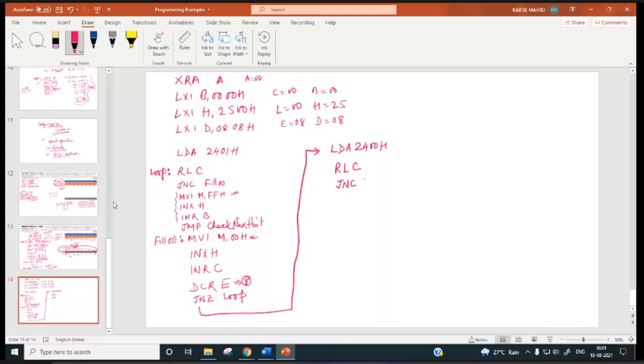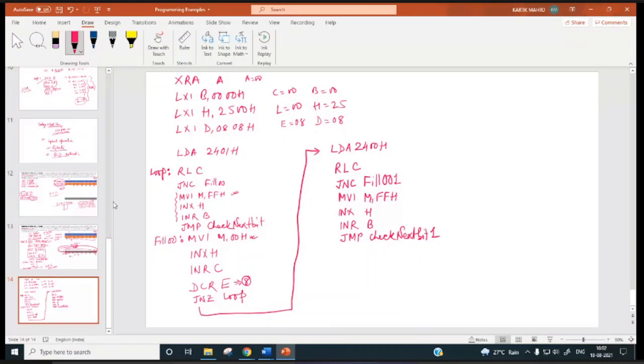JNC fill 001. Otherwise, you move FFH to the memory location pointed by the HL pair, increment the HL pair or memory pointer, increment the number of ones in the B register, then jump to check next bit 1, right?